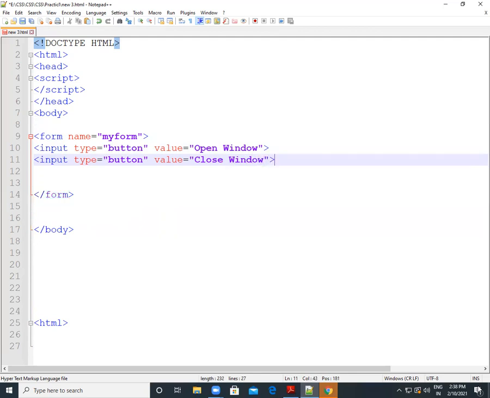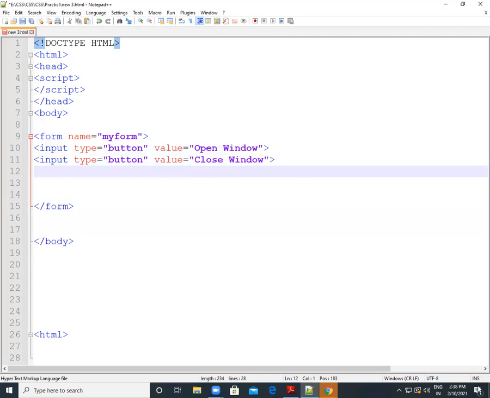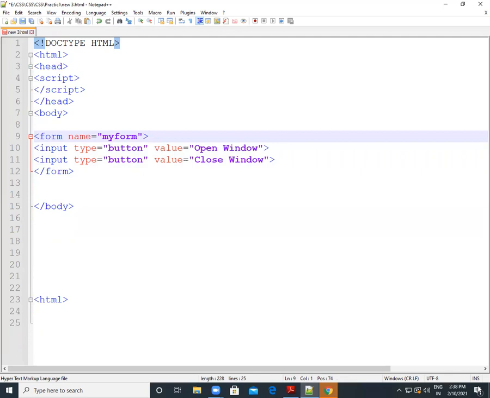Okay, we close this tag. Now the first button is for open window, the second button is for close window. You can see that we didn't mention anything else here. We just give a form, and in that form we have two buttons. The first button is used for opening a new window and the second button is used for closing this window.